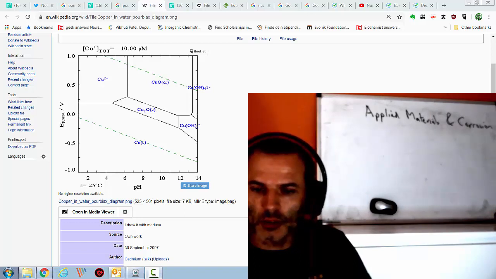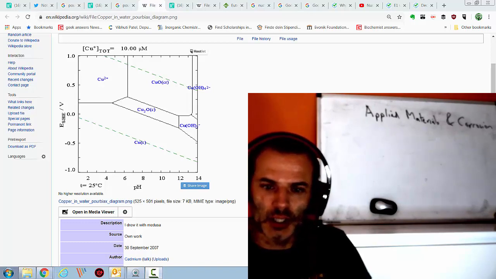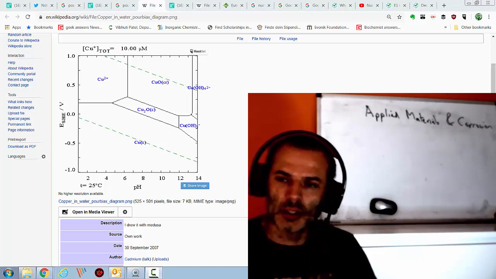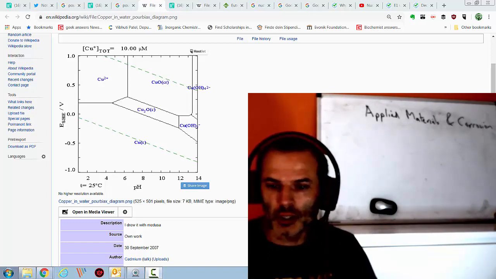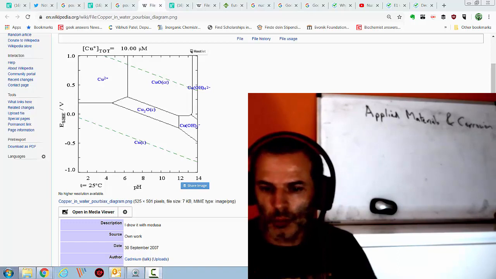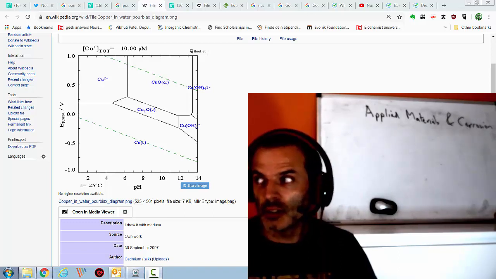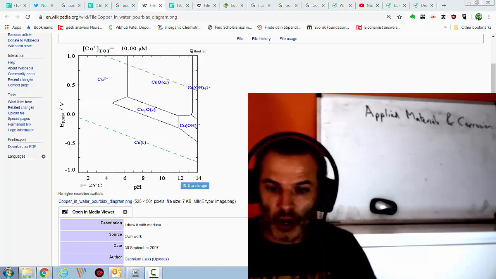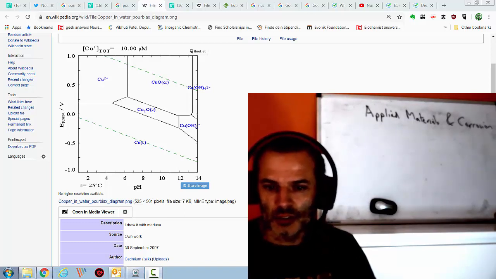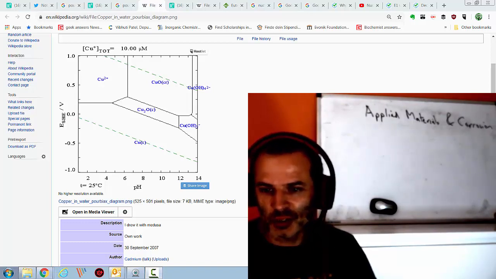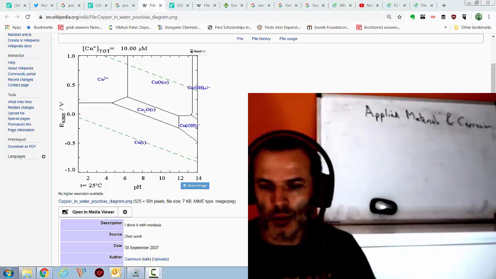That's the bottom green dotted line. So if we put it in deoxygenated water, it cannot give its electrons to the water to make hydrogen. It is thermodynamically impossible. So the copper and the water will stay together friendly forever. Nothing will ever happen. But the top dotted line, if there is oxygen in the water, the copper will corrode,